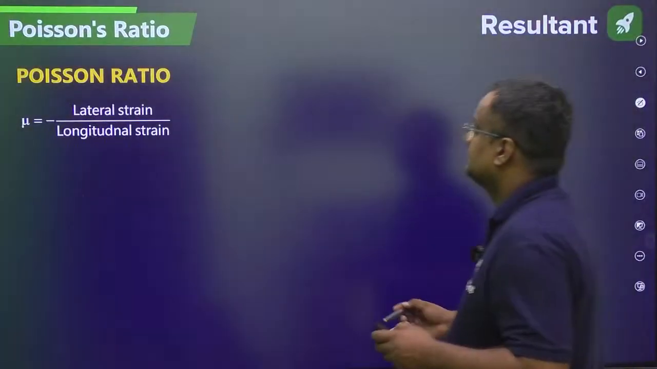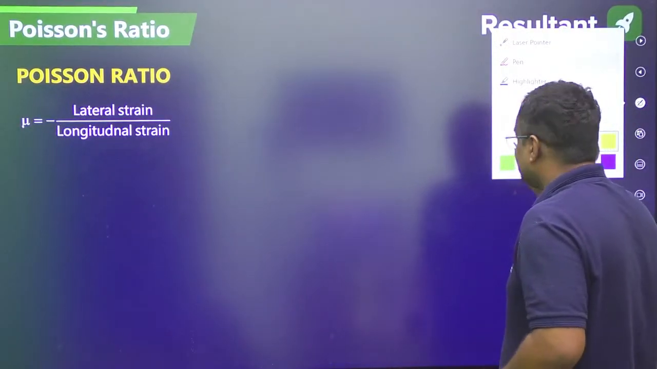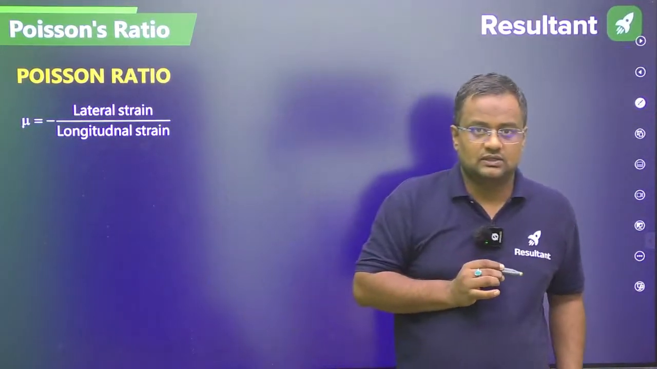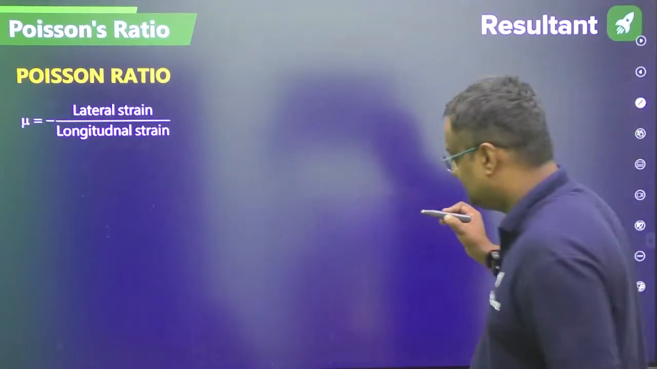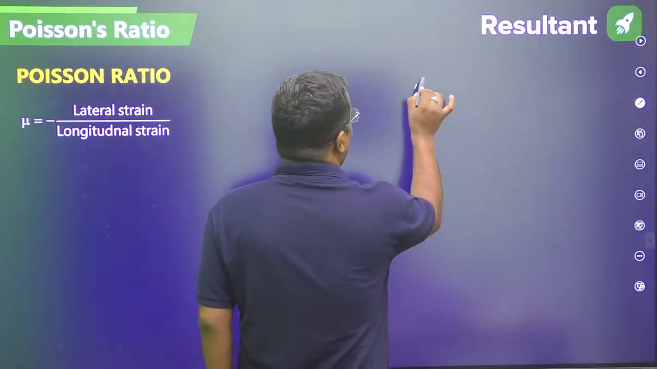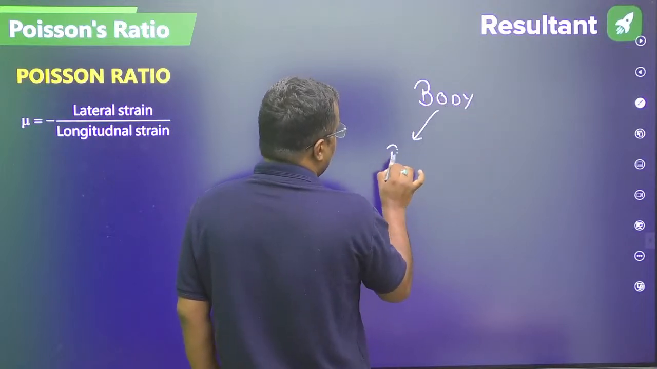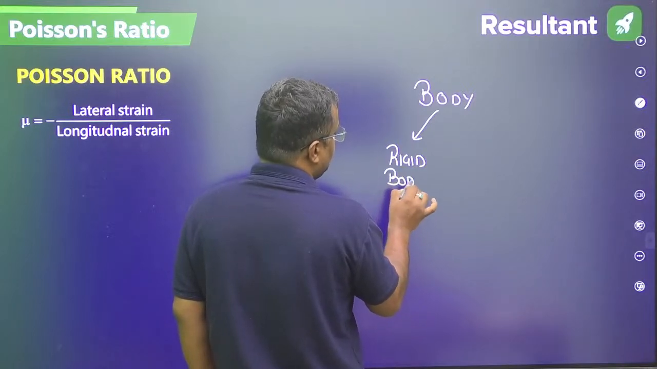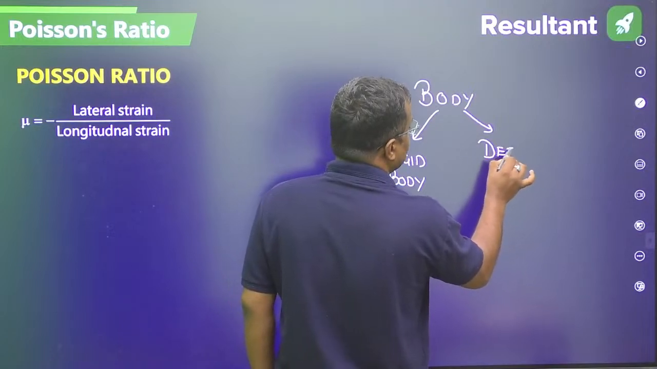Okay, so guys, let us start the Poisson ratio. Before starting, let me tell you from where the topic strength of material comes. Guys, there are two types of body. Either I can consider a body to be a rigid body, or I can consider a body as a